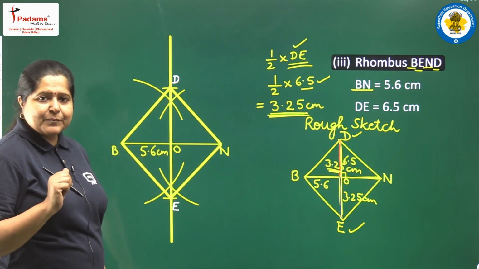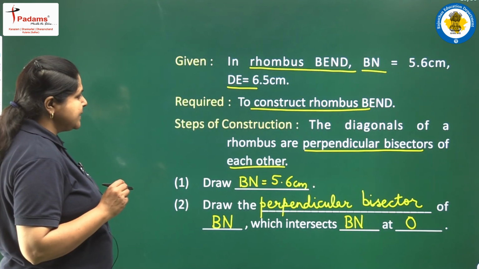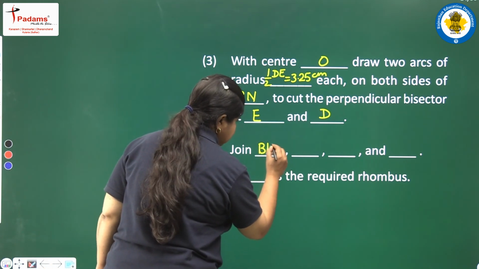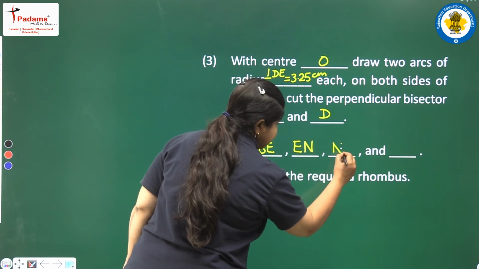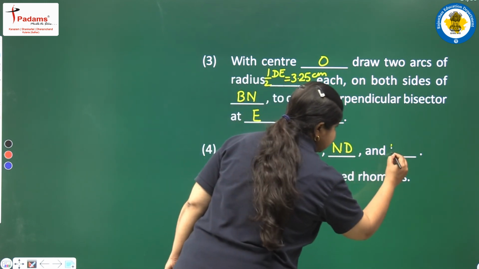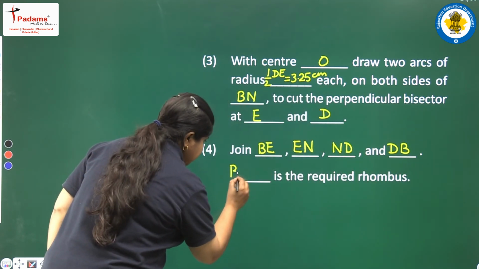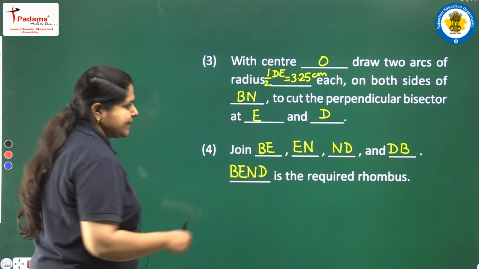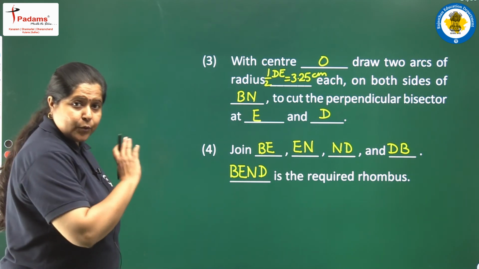Then what we are left up with? Simply join all the 4 points. So we write here: join BE, EN, ND and DB. With this, BE and D is the required rhombus. So here we have drawn a rhombus